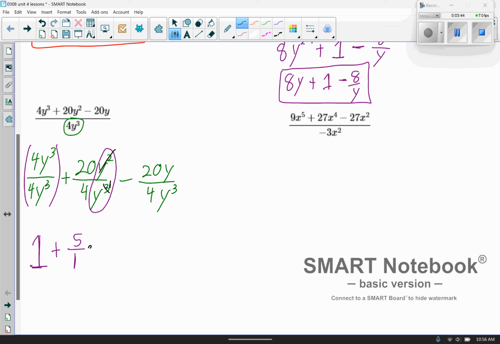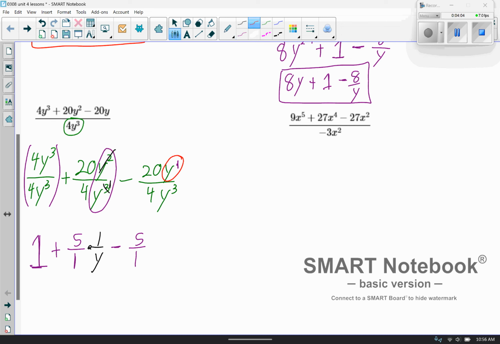So this really would simplify into 1 over y, and we'll clean that up in a minute. And then I'm going to have a similar thing happen here. So 20 divided by 4 is also going to be that 5 over 1, or just 5. And then this understood 1 right here, this y, I'm going to cancel this y with one of the y's